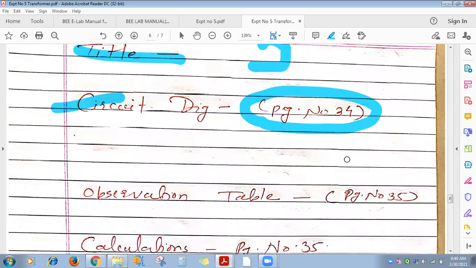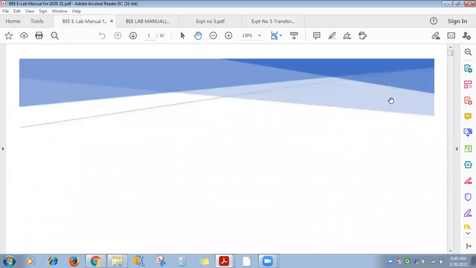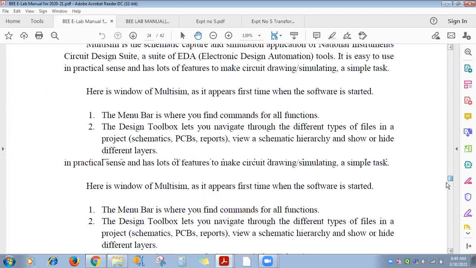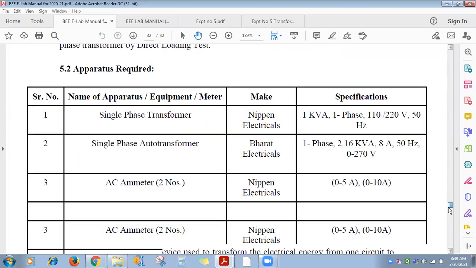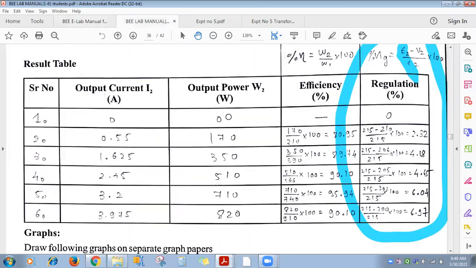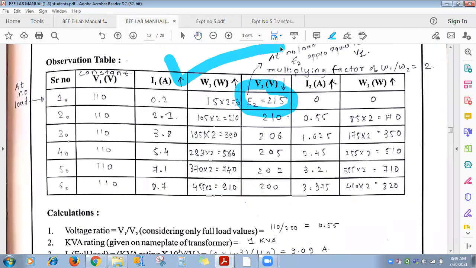These all are the pages of what? E-manual. Then the observation table from e-manual page number 35. See, in the lab manual also the observation table is there, that one you can refer, or whatever the last year copy I posted on your group. Either this one you use for readings or from the e-manual. Out of these two, any you can use.